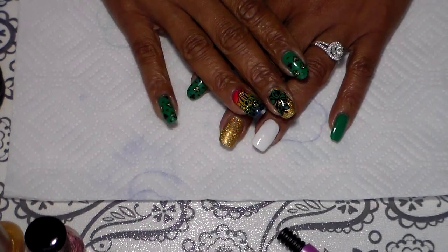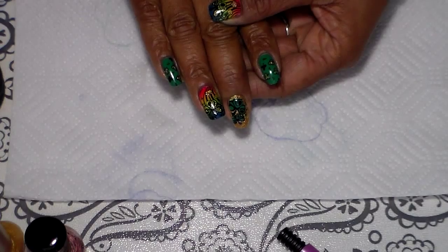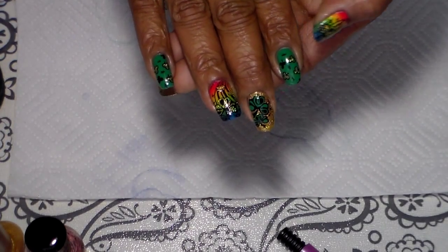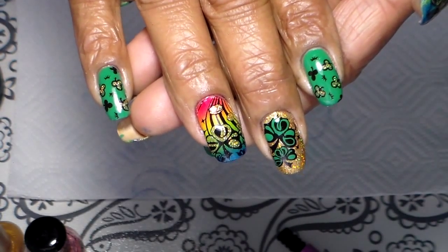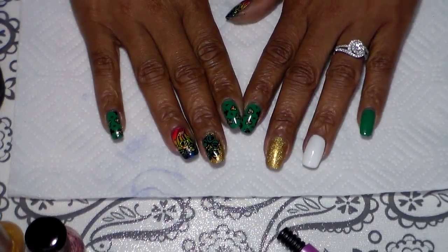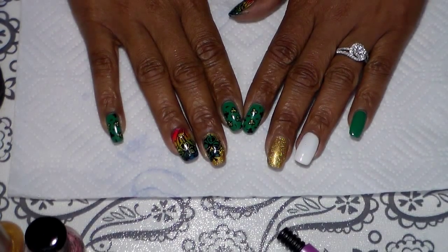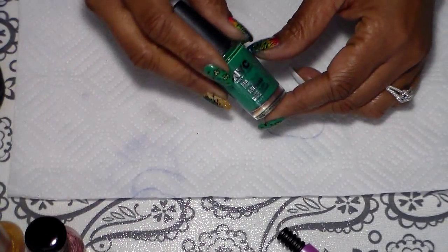I went ahead and did a St. Patrick's Day stamping design that I have here. Okay, I decided to share with you guys. I hope you guys like it. Off with this New York Colors here,